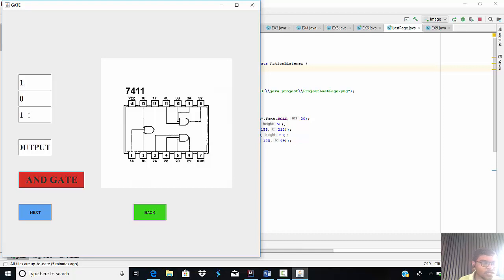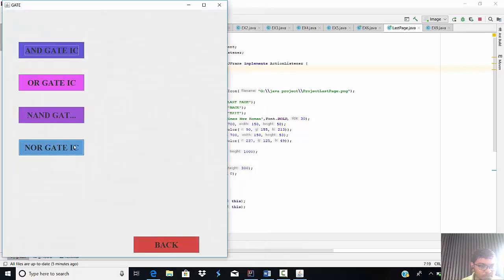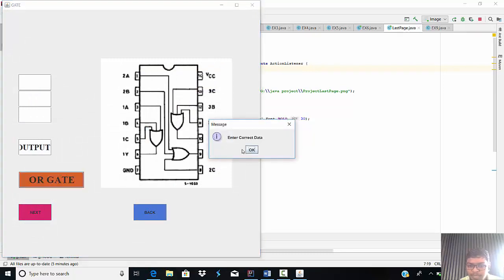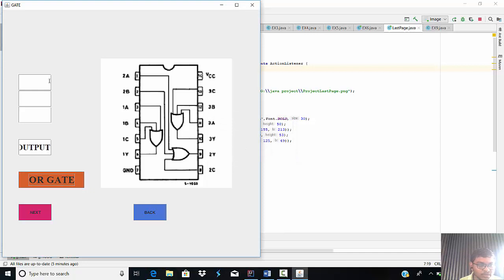I input 1 0 1, output is 0. I input 1 1 1 and output is 1. Then OR gate, I click OR gate, it gives me a pop-up: enter correct data.